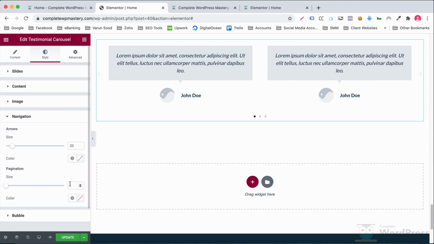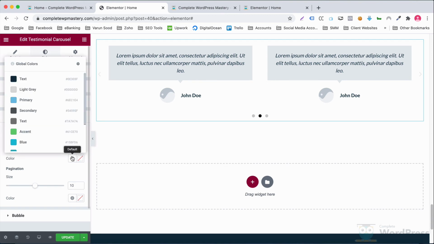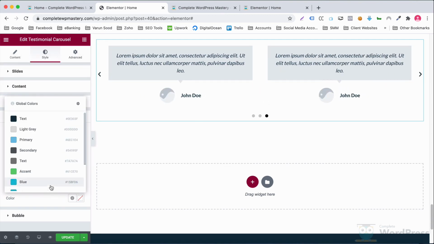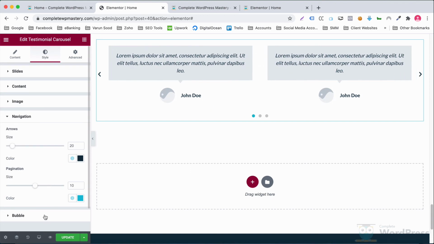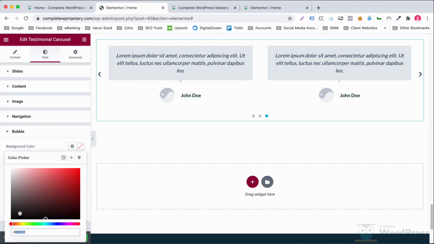Under navigation, I'll adjust the size of the pagination dots and color of the arrows and also of the pagination dots. I do not want any border radius for the bubble and I'll adjust its background color.